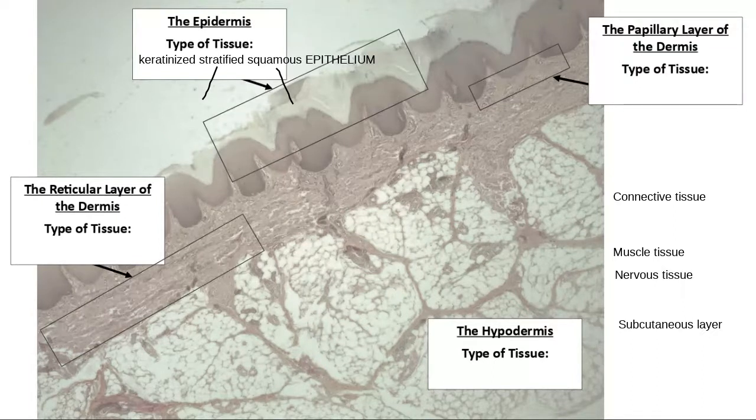Yeah, stratified is a word that we use to talk about the number of layers. Stratified is a layers word. So stratified means we have at least 2 layers. Some of the types of tissue that we looked at that were epithelial tissue, some of them were called